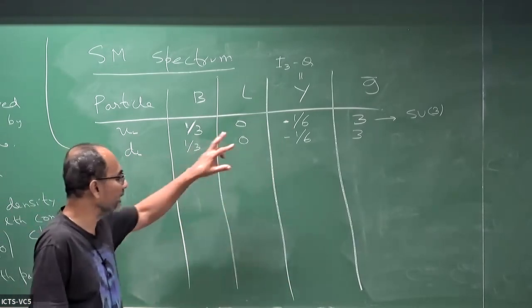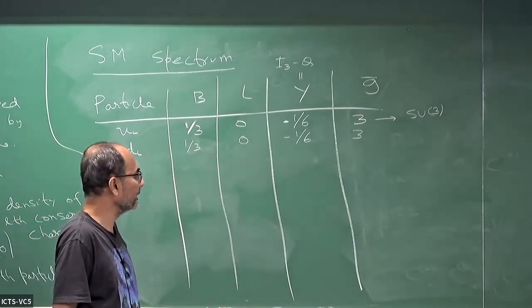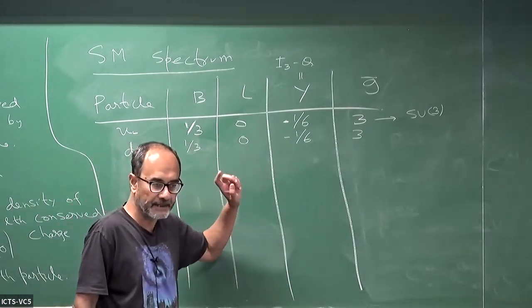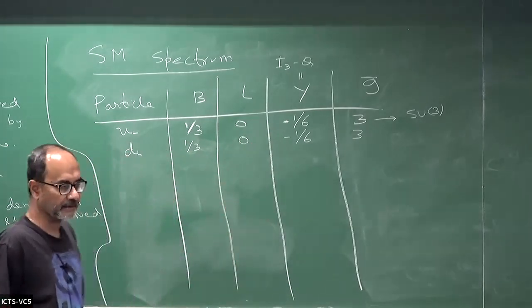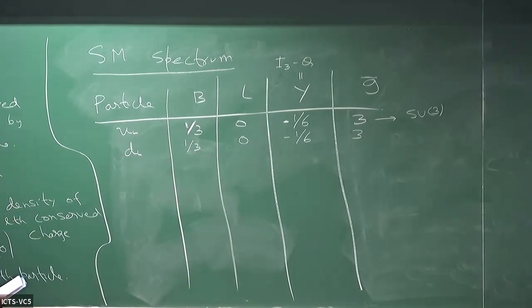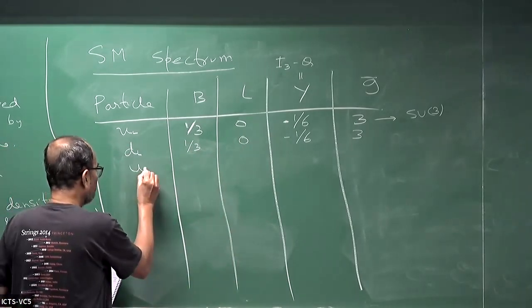So if this calculation leads to somewhere where the two elements of the doublet do not carry the same Y, then you know that there is something wrong in this calculation. Okay, so UR